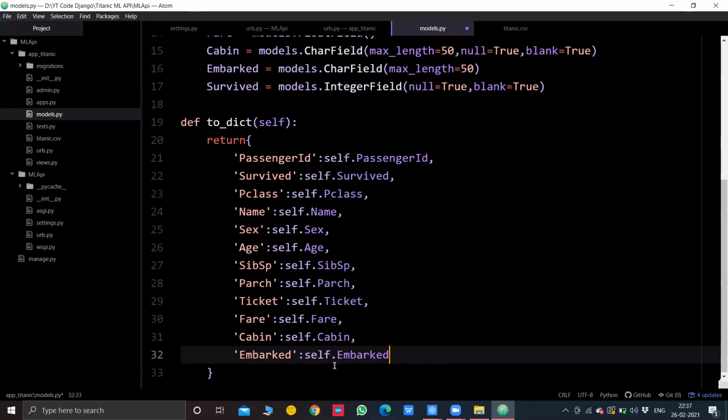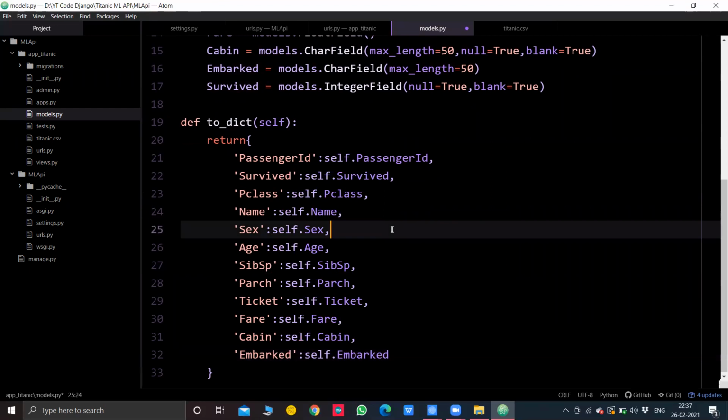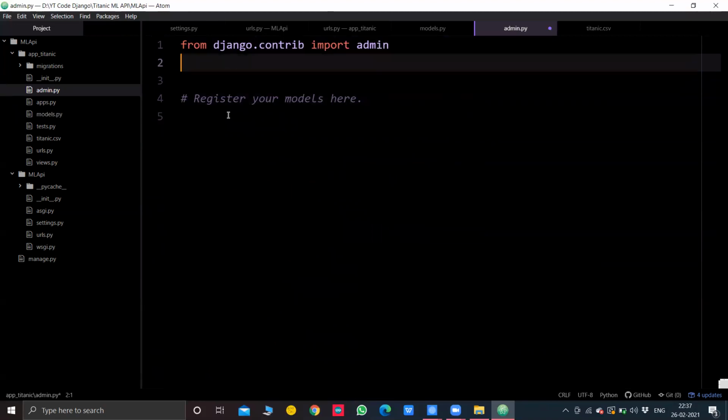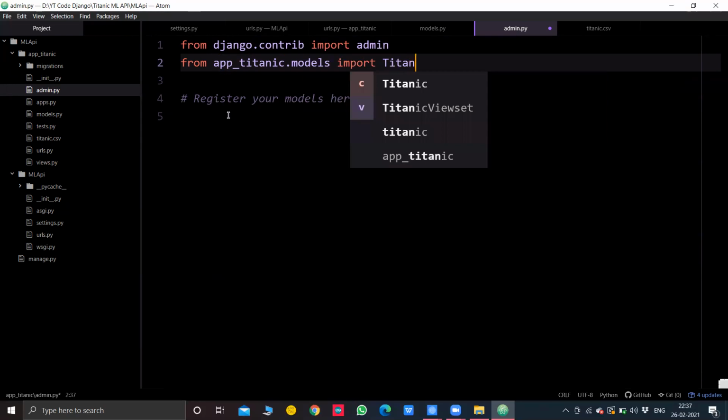And the last part that I will do in this video is just register the model inside the admin. So inside the admin of your application, I'll just register the model. I'll first import it. I'll say from app_titanic.models import the name of the model that we kept, which was Titanic, and I'll save it.